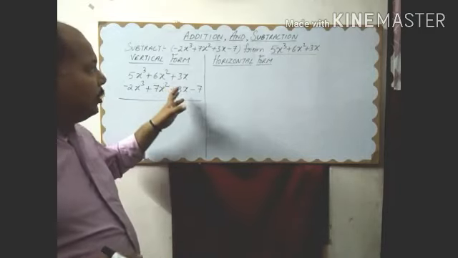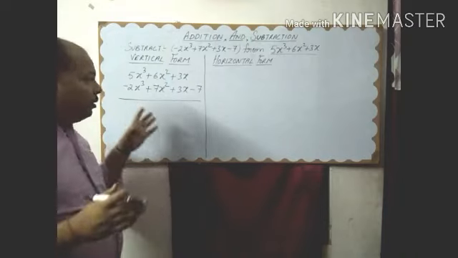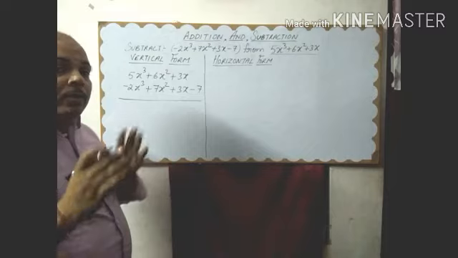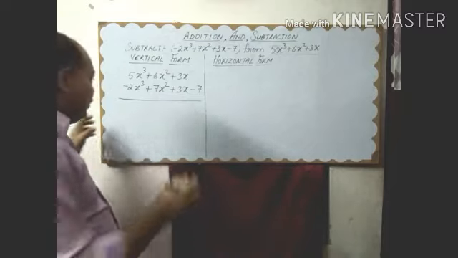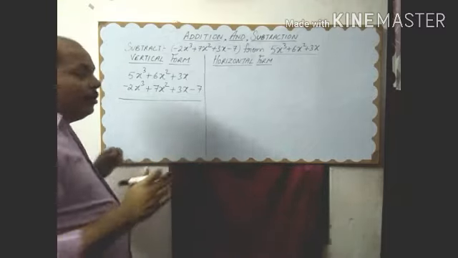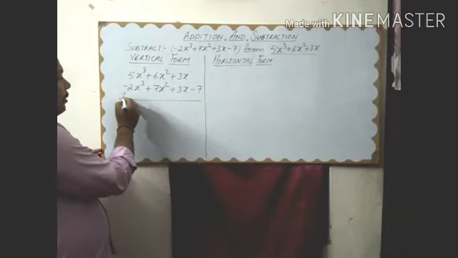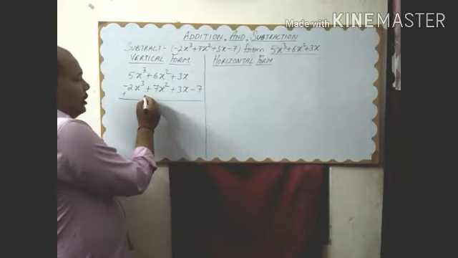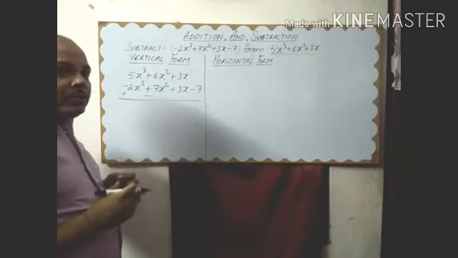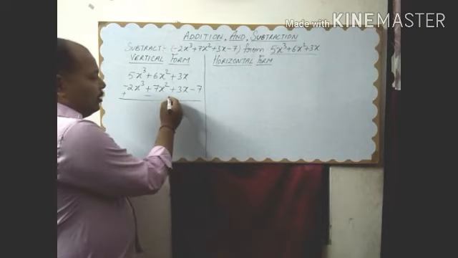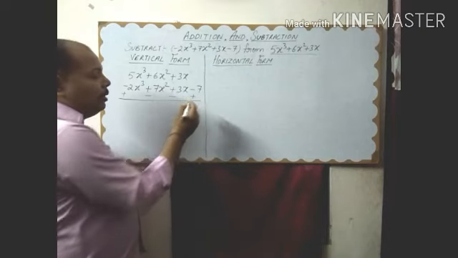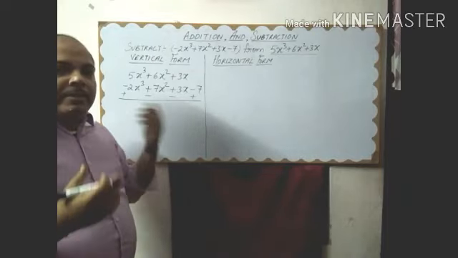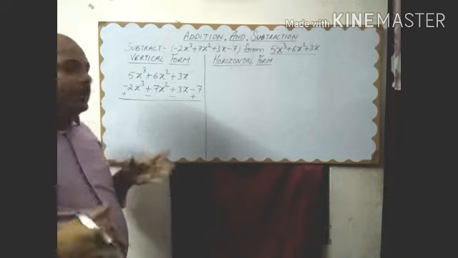Now see here, it is also the same as the addition, but there is a small difference. Whenever you subtract any polynomial from the other, always change the sign of the second polynomial. All the terms, change the sign of all terms of the second polynomial. So we are going to change the sign of all terms. Here the sign is minus, so it will be plus. Now the sign of 2x cube is plus, okay, and change it to minus. Now the sign of 7x square is minus. Here the sign will be minus, here the sign will be plus. This is a small difference between the addition and the subtraction. Otherwise both processes will be the same.